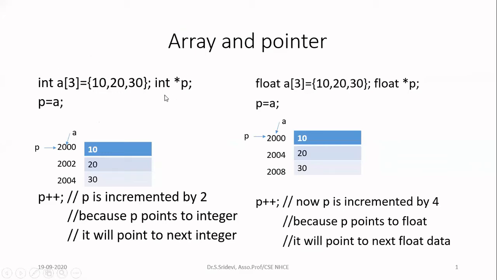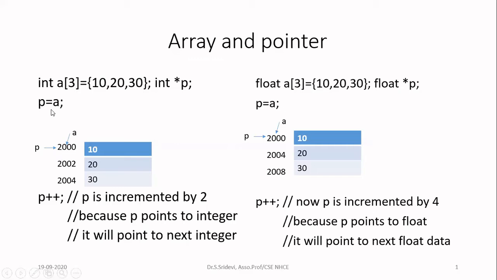Generally, if you want to make a pointer to point to an integer variable, you will write P is equal to ampersand A. Okay, but here when you go for pointer to an array, no need to write P is equal to ampersand A. Instead, you can write P is equal to A. When you write the name of the array, that itself is going to give you the address of the starting element. So don't put again ampersand in case of an array, right? So remember this point. If you have an array, if you want to make the pointer to point to that array, simply write P is equal to array name.